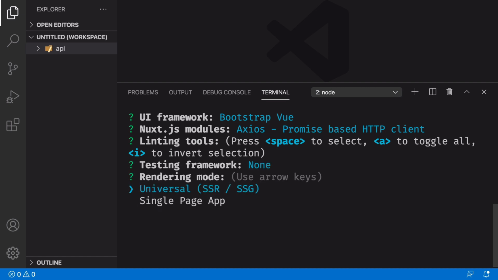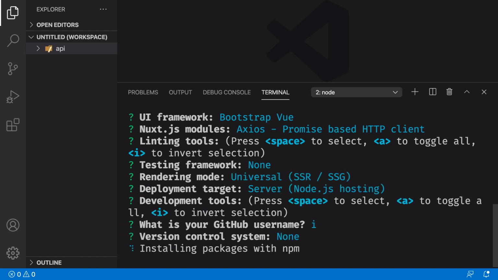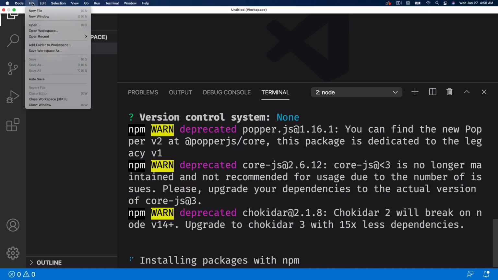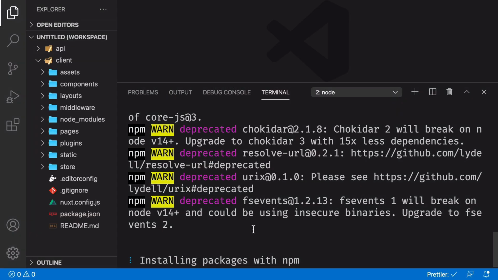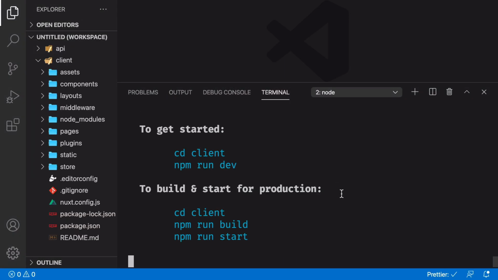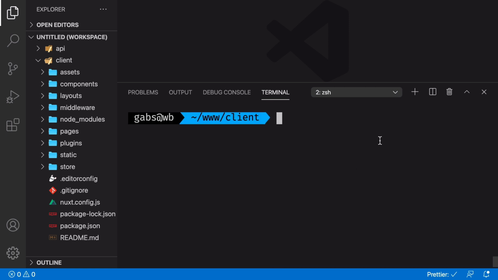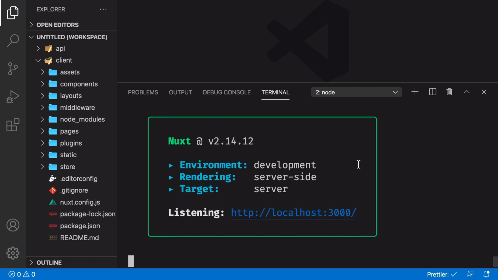And we're going to be doing a server-side rendered app, so yes. And we then want a Git repo. And while that's installing, I'll also add that folder to my workspace. So let's get into the client directory. And if I just do npm run dev, we should have our client server, or the Nuxt application, spun up